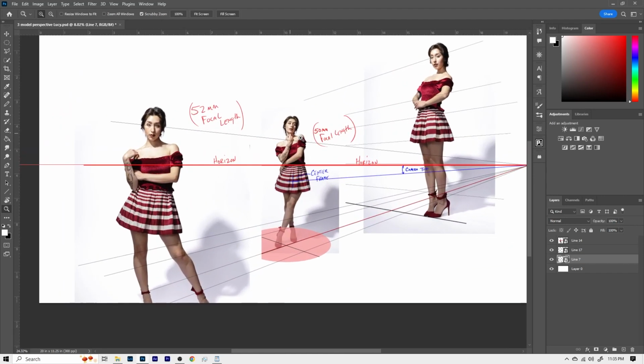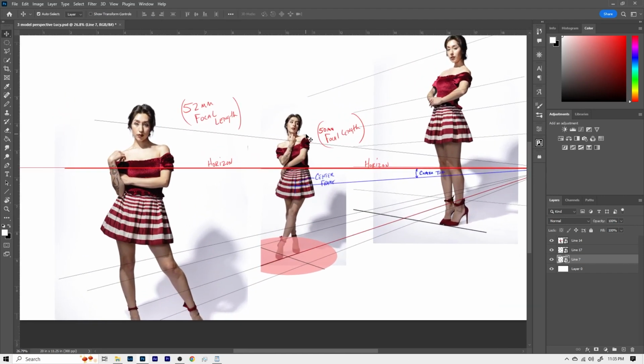But what you'll notice is it's kind of hard to combine these focal lengths, because what if she was standing here at 50 millimeter and then she walked up here and I took a picture of her, she would not look like this at 50 millimeters standing this close. This is what she looks like at 52 millimeter.